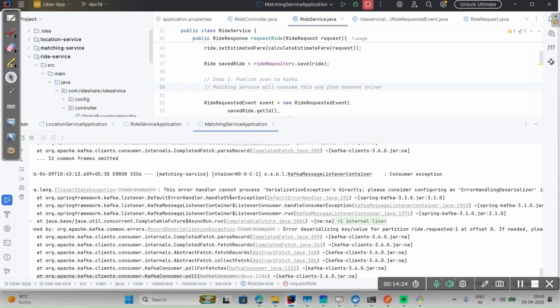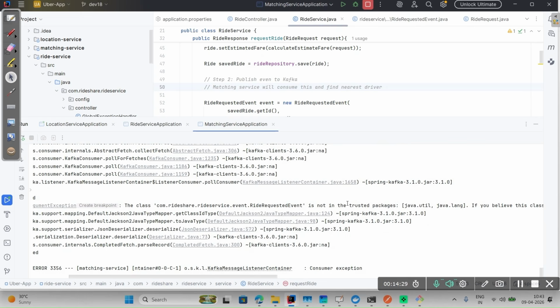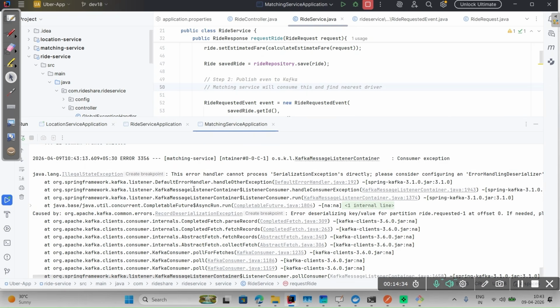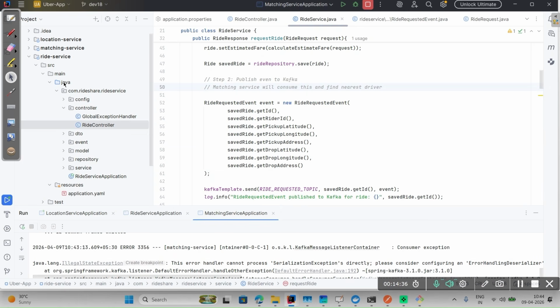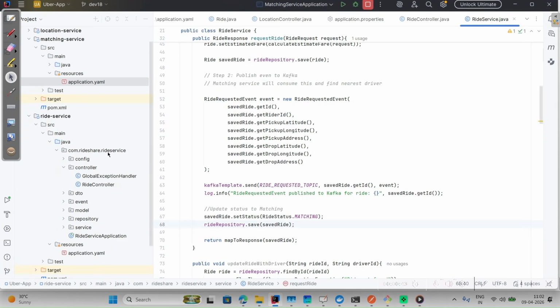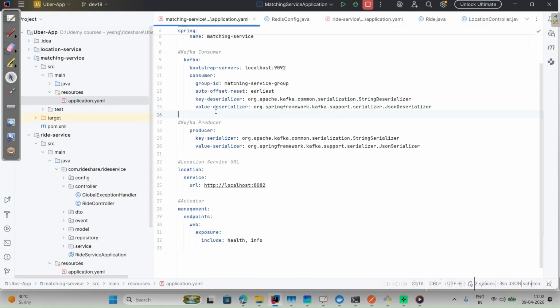Okay, and it is not in the trusted package. Okay, fine. So I guess one property is missing in our application YML. Got it. We just need to add the trusted packages. Okay, so in my matching service application.yml, and here we need to provide the path. So consumer group ID, auto offset reset, key deserializer, value deserializer, and